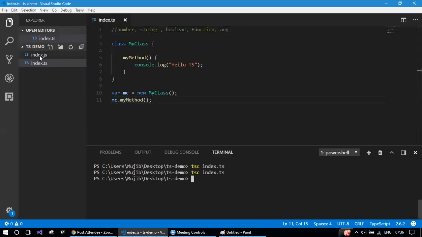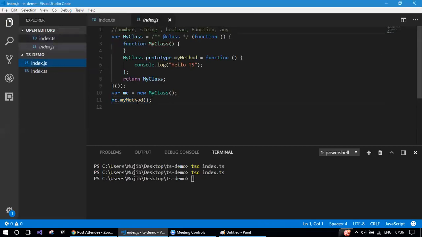Now, when you notice the index.js, the current version of JavaScript doesn't have classes. If you notice closely, it is converted into a constructor function. On top of that, you have methods on the prototype. So you don't need to read the code here. I'm just showing you because once we start developing a complex application, it becomes really impossible to understand the code that is being generated. Here, at least we have some idea of what's going on. Here, it's nothing but a class that is generated, and this is ES5